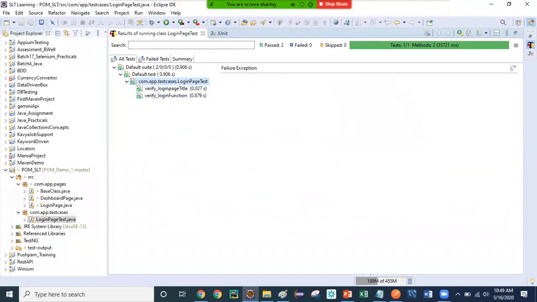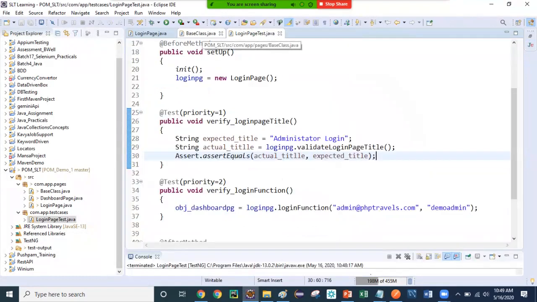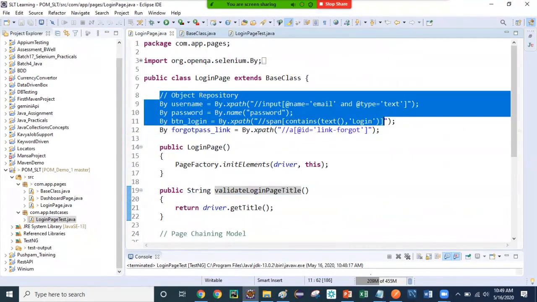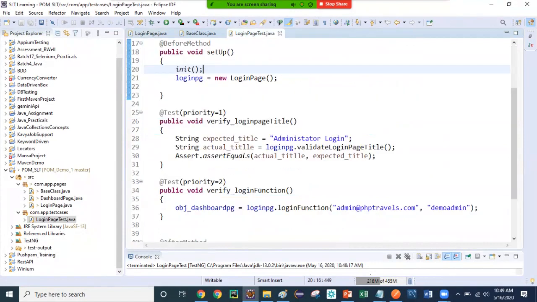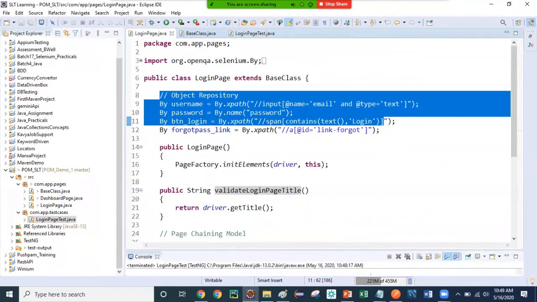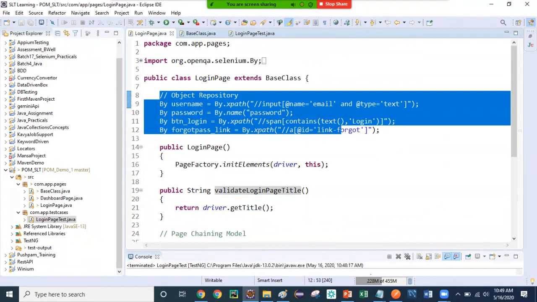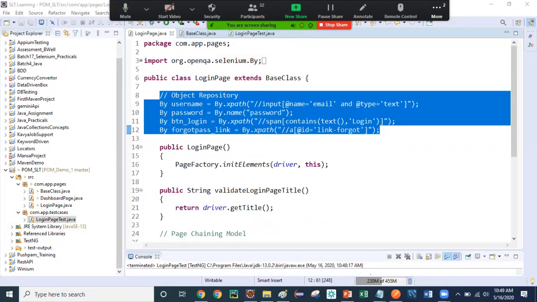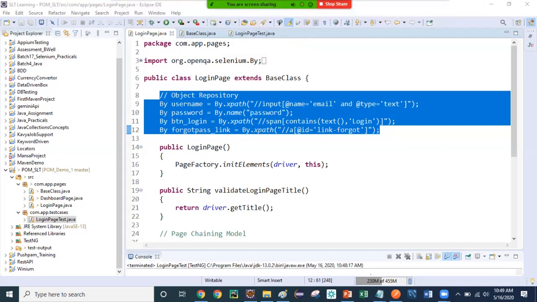So this is how the page object model works, guys. And what is the advantage of the page object model? It's simple. If we differentiate between the core page functionality and the core page test cases, it will be easy for us to manage. Let's suppose your login page object is used in multiple test cases, and somebody changes that information. Then you need to go to each and every test case and modify it.